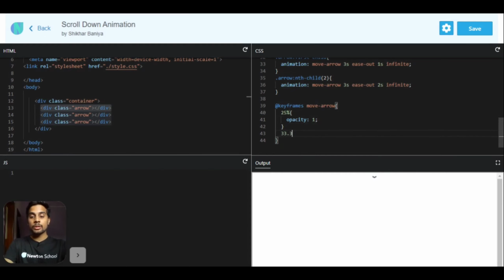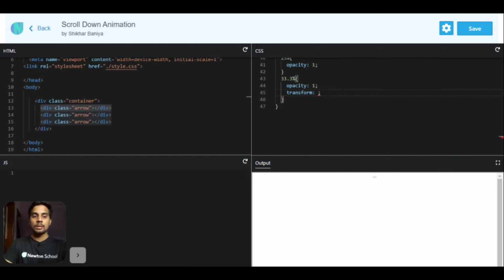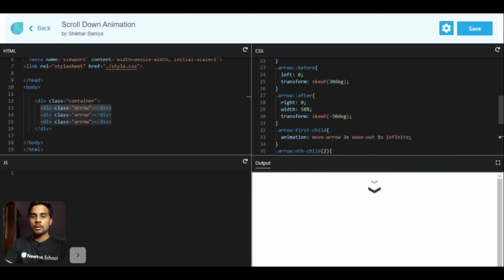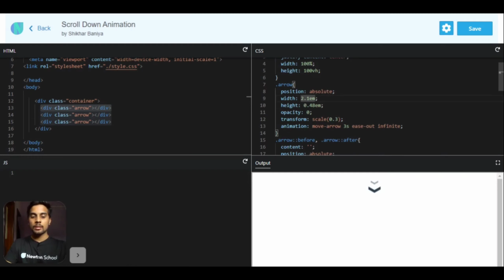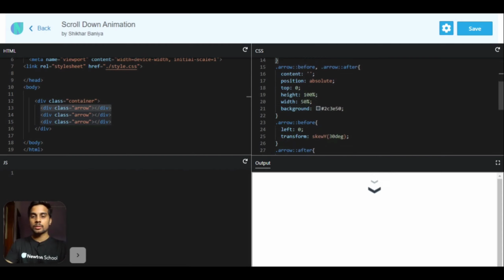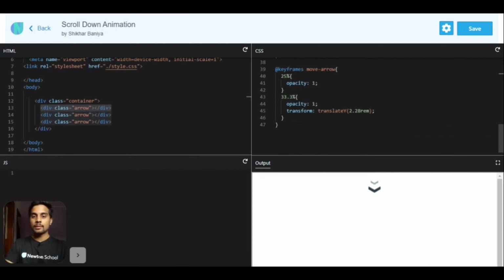Next at 33.3%, I want the opacity to be 1 and I want to transform it and translate it along y-axis 2.28 rem. I think we have to specify rem here because the size is too low. So as you can see, we got this animation, but it's still not completed yet.